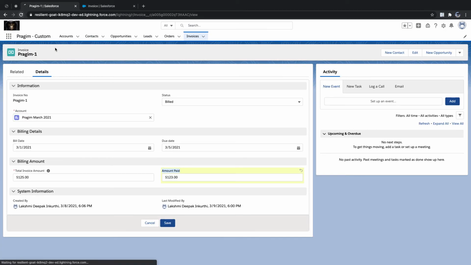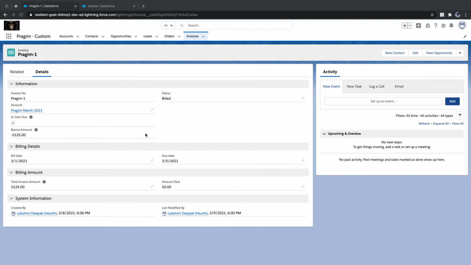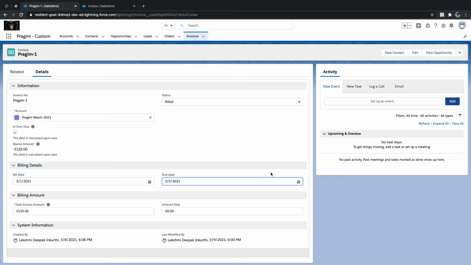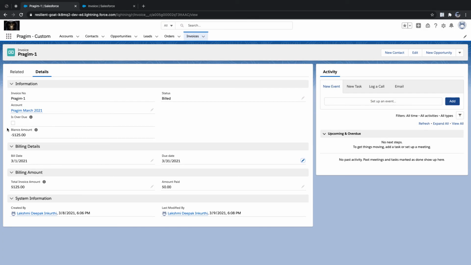So now if I refresh it, reload, what is the balance amount I have? 125 rupees. But the problem here is, this is okay. Let's say the due date is 31st March. Now tell me, is there any balance amount in this case? If the bill date is 31st March and the due date is March 31st, there will be no balance amount, right? Because the bill got generated. Whether you paid or not, you need to consider it after the due date, isn't it?